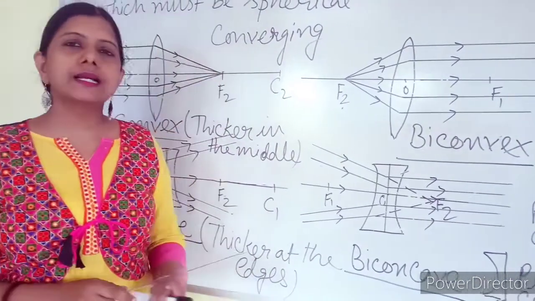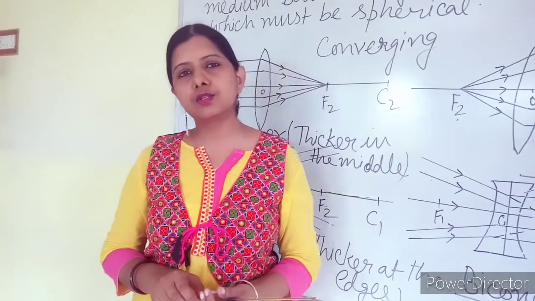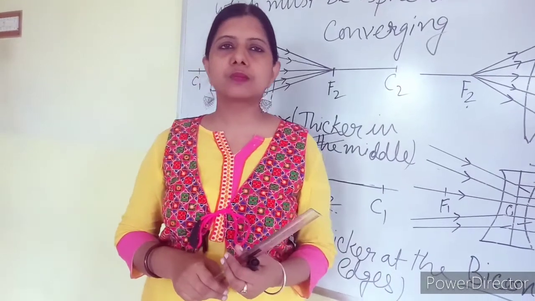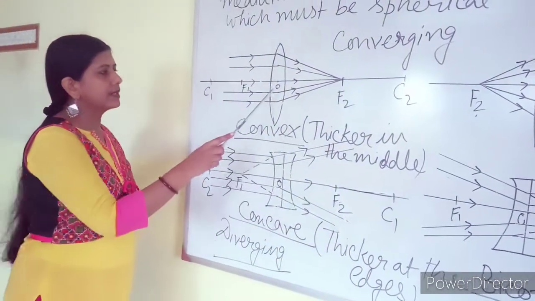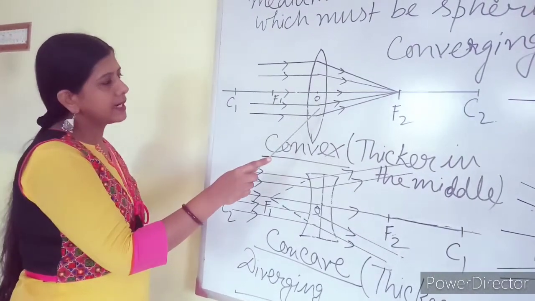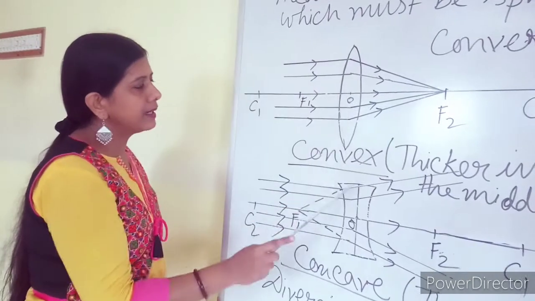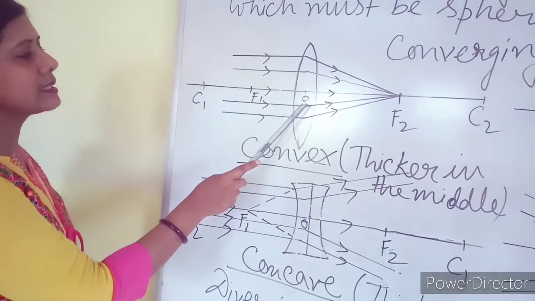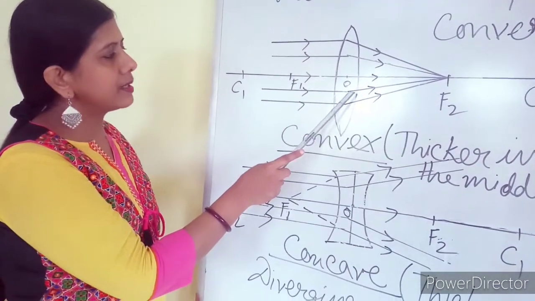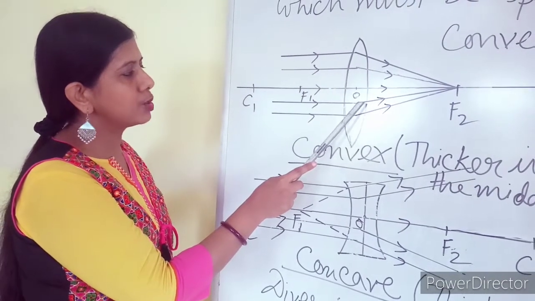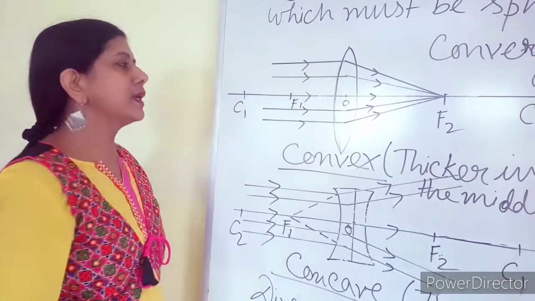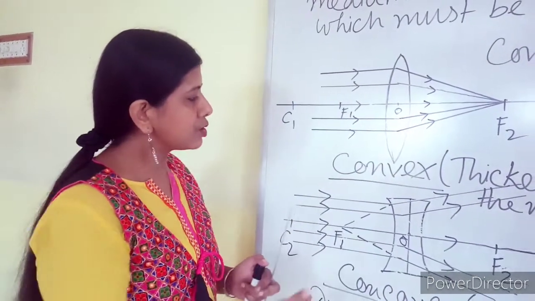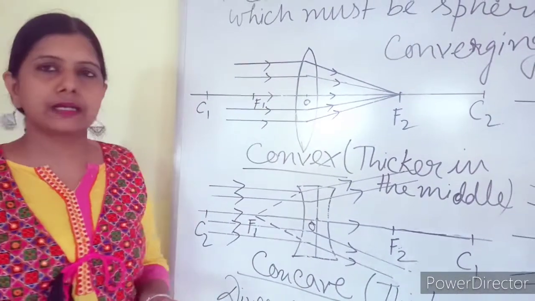Now, some terms related to lenses I have to make you understand. In the case of mirrors, I already told you some terms. Here also I am going to explain some terms. You can find in the figure a point in the middle of the lens that is written as O. This is known as the optical center of the lens. What is the optical center? The geometrical center of the lens is known as the optical center. Actually, every time the geometrical center is not the optical center, but in the case of a biconvex lens, it is the geometrical center.